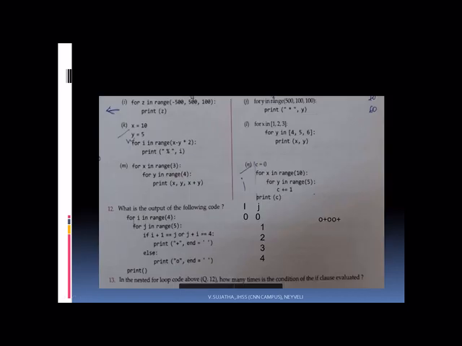Clear? Okay. In the same manner, we are having so many programs in the same model. If anything is different, I will explain here. Otherwise, you can do it on your own. See here, this is very simple only. You can do it on your own. Here also, some star and then y value will be printed. So, you can do it on your own. Simple question only. And here also x value and some y value. For range x minus y into 2. It is nothing but x minus y. 10 minus y, 5. 5 into 2, 10. So range of 10 means 0 to 9. So like that it will print. So it will print the percentage symbol as well as the i value. You do it on your own.